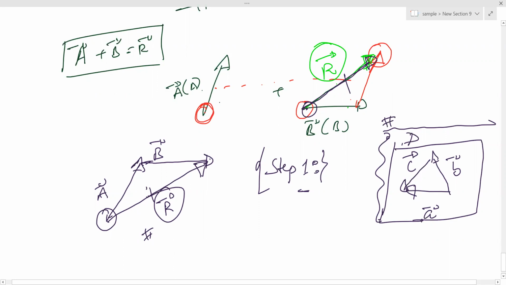The resultant vector will have two tails and two heads. Carefully observe. Observe here that the R vector is having a connection with another tail, tail with another tail, head with another tail. Here also, the A vector is having a tail connection with B, and a head connection with C. So A vector is equal to B vector plus C vector. You carefully observe. B vector tail to head, C vector tail to head, then the resultant will form from the tail of B to the head of C.